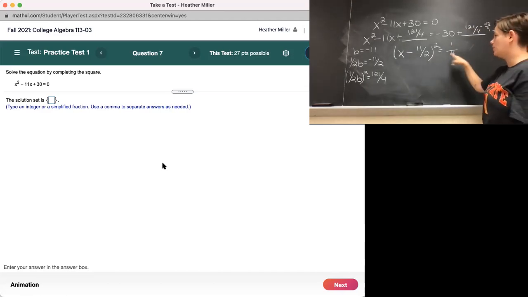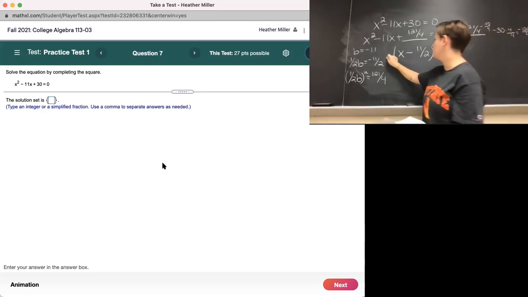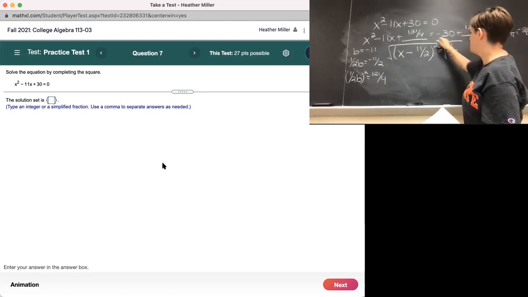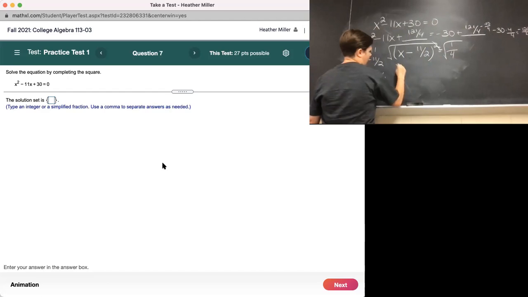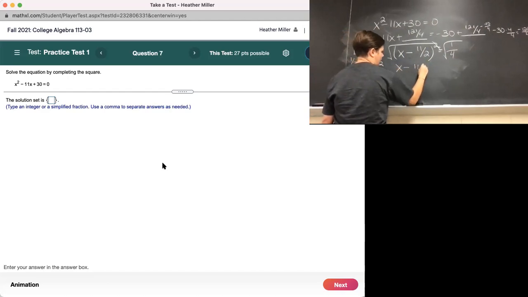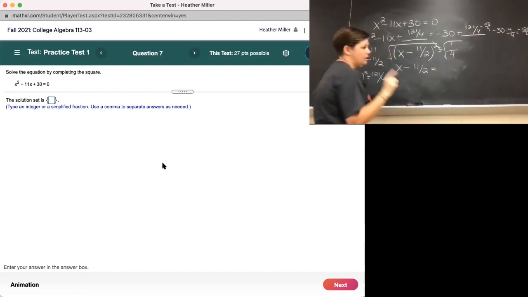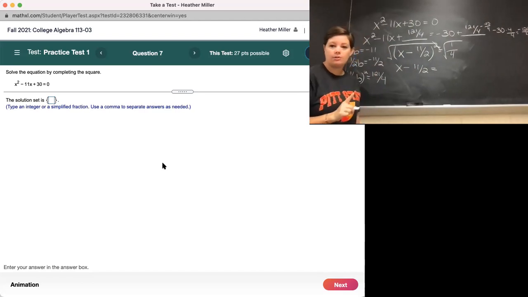Now that we have something squared on one side, we can use the square root property to square root both sides to cancel out that square. So we have x minus 11 over 2 equals, and this is where you have to be careful. Just like on the previous problem where we had a square root,